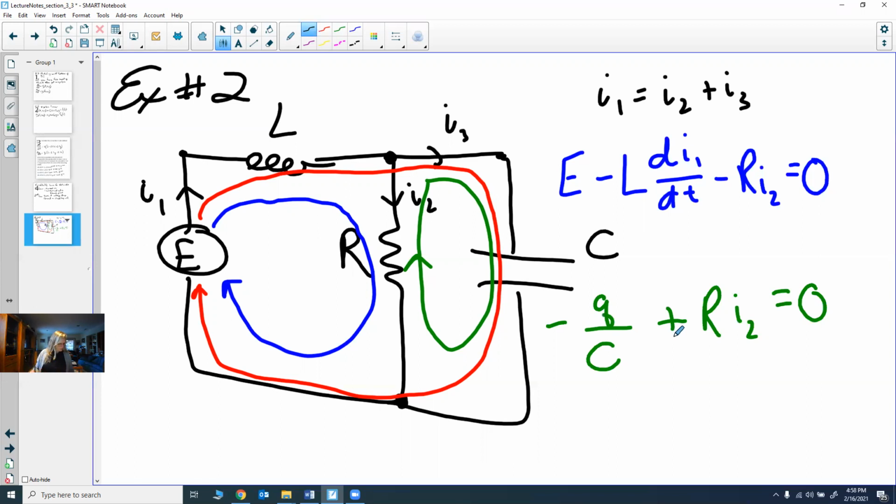So one thing to remind you, one thing to remember is that current is the change in charge. It's a storing of charge. That's what current is. Current is the rate of change of charge. So my I3, my current 3, is going to be,